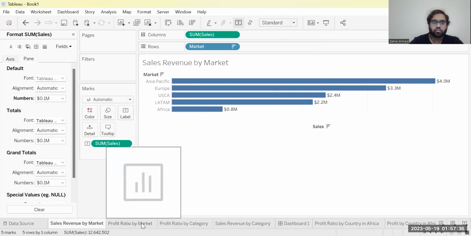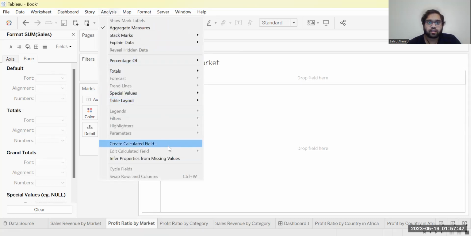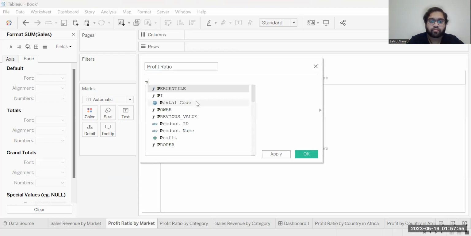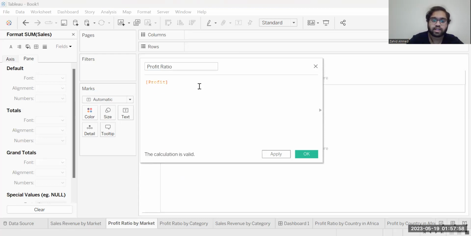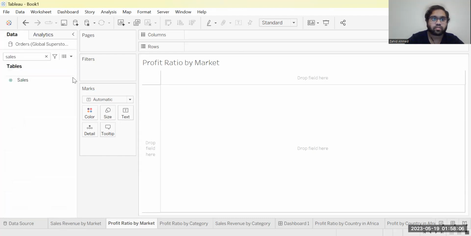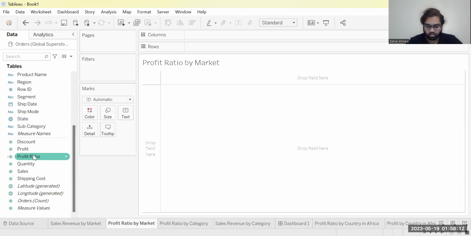Let's go for profit ratio by market. So the next thing we need to do is get the profit ratio. For this, we need to go to analysis, create calculated field. We'll write profit ratio, and then we will write profit divided by sales. Then we will just okay. Now we will search profit ratio. We have it. Now what we need to do is drag profit ratio to the columns